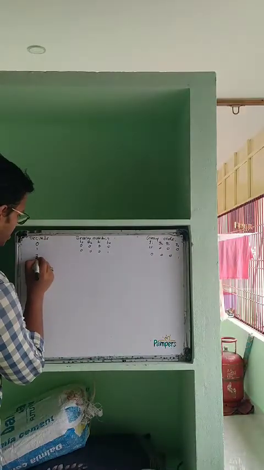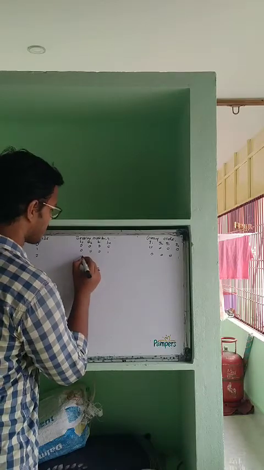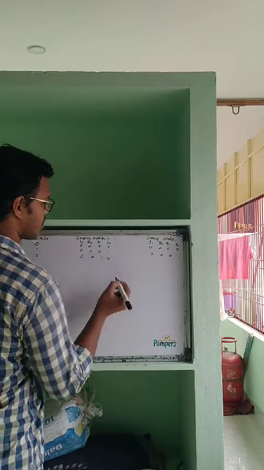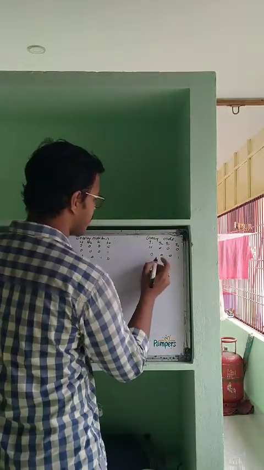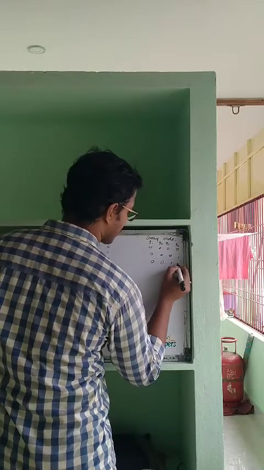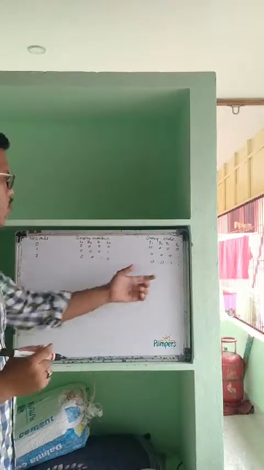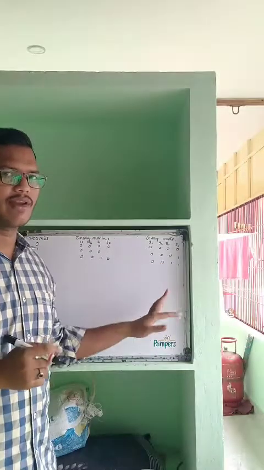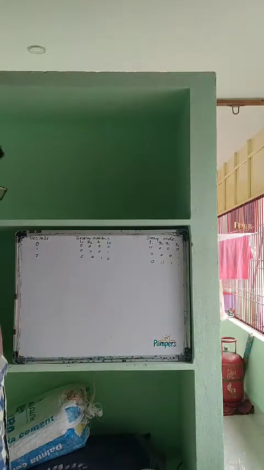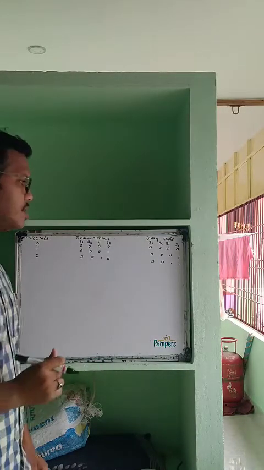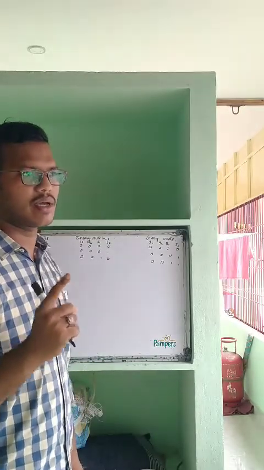So if we take 2, how do you write 2 in the binary number system? 0 0 1 0. In the gray code we write it like this, 0 0 1 1. Okay. So why is it changed like this? I will explain in a few minutes. So if you see, the two successive values differ in one bit, right?